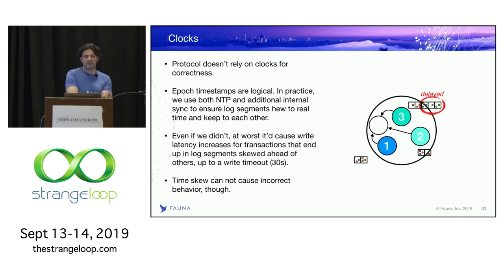Even if you don't have that, at worst, if any log segment is in the future, then any transactions that are committed into it will have to wait until other log segments catch up so that data nodes can deterministically merge that particular thing. In a system we run, typically with a 30-second write timeout for transactions, if it's skewed more than 30 seconds in the future compared to everything else, then the transactions on that log segment will just experience timeouts, which hopefully somebody monitoring the system would notice. But again, this might affect availability in this sense. It does not affect correctness. You can't ever corrupt the data that way.